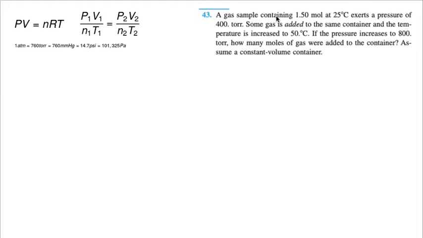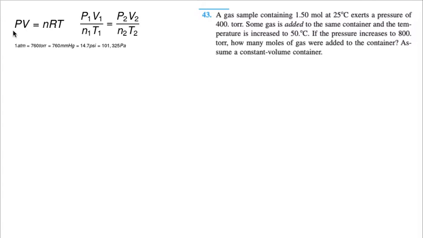43. A gas sample containing 1.5 moles at 25 degrees Celsius exerts a pressure of 400 torr. The missing variable here is, of course, volume. And so we can again use our ideal gas law equation to solve for that volume. So notice moles, temperature needs to be converted to Kelvin, and here's that torr,